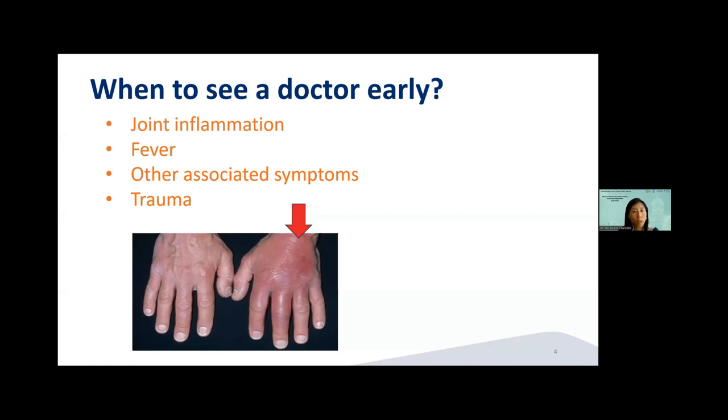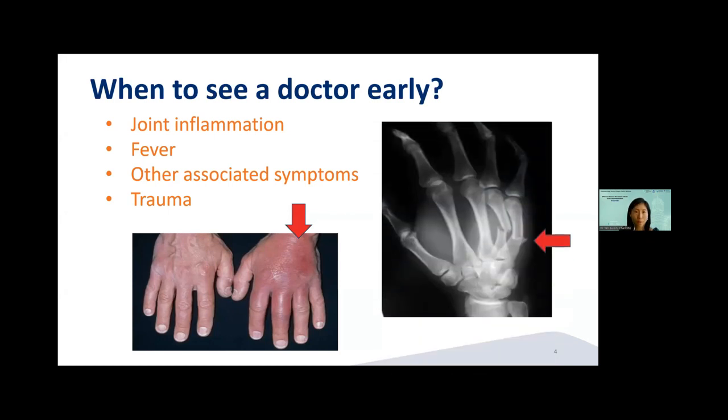You should also see the doctor early if you have joint pains that come along with other symptoms like hair loss, oral ulcers, breathlessness, persistent coughs, because these may be hints of an autoimmune condition that doesn't just affect the joint, but other organs in the body. Lastly, if you had trauma to the hands, such as a fall, it's important to ensure that the pain experienced is not due to a fracture. So can anyone recognize where the fracture is? That's where the arrow was pointing to, the 2 broken bones seen in the X-ray above.